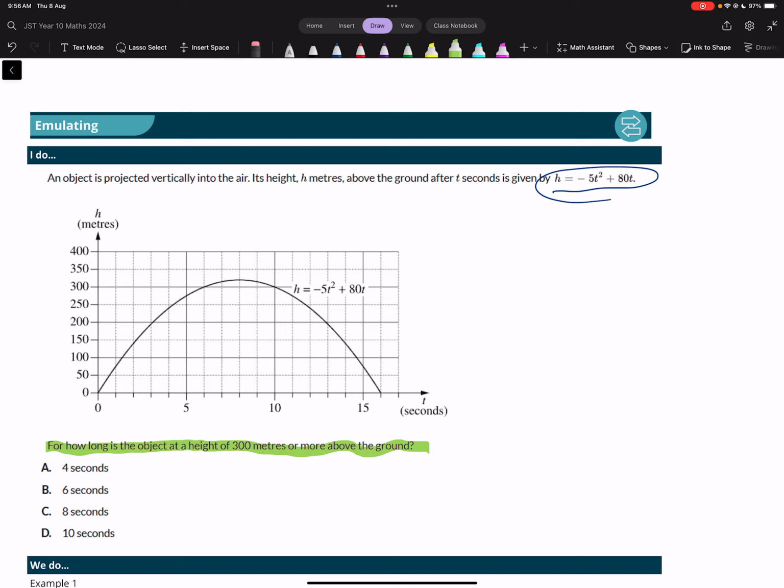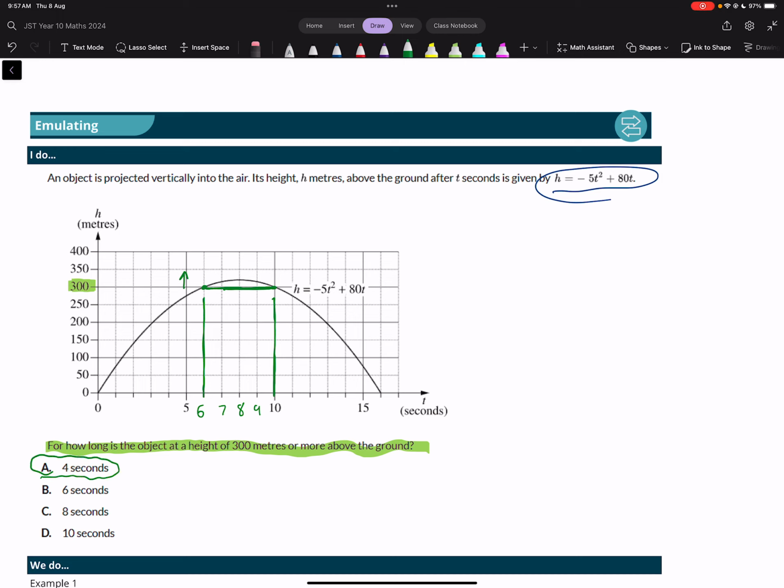So we're going to look over here on the y-axis of the graph and find a height of 300 meters here and look at how long does the parabola go above 300 meters. For this amount of time here, the parabola is above 300 meters. So we just need to find out how many seconds are there between here and here. So we're going to count from 6 up to 10. So the correct answer is